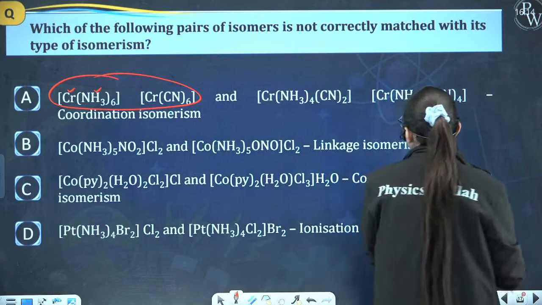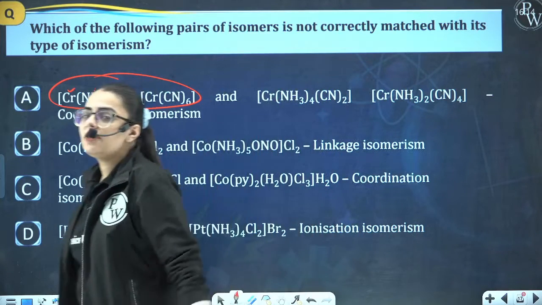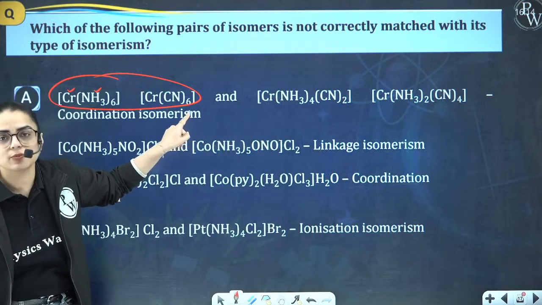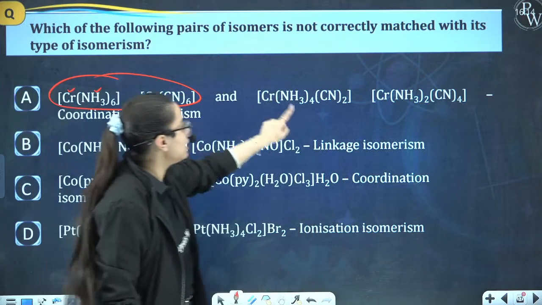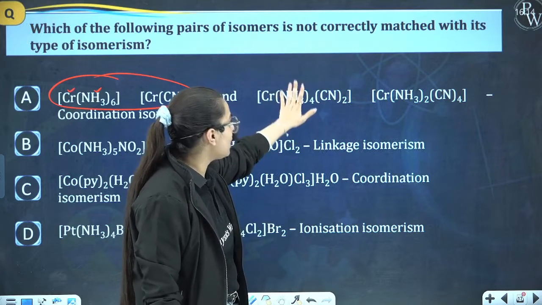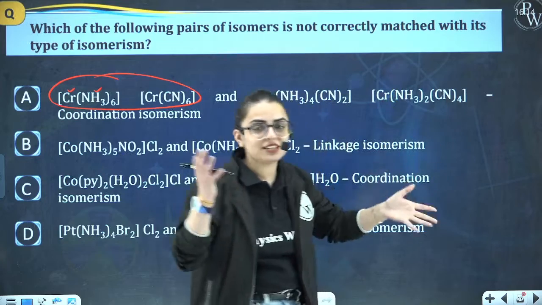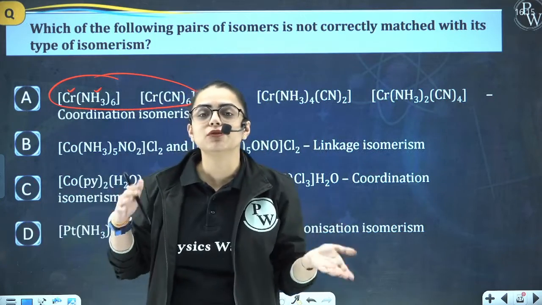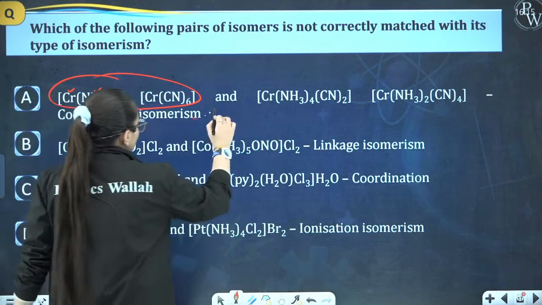Kindly do this fast. Let us see what is going to happen. In the very first case, coordination isomerism. Here you have to see the coordination number is 6. There is only one ligand present, but over here are 4 ammonia and 2 cyanide, and 2 ammonia and 4 cyanide. So basically what is happening over here, the number of ligands are being changed. Yes, so they are referred to as coordination isomerism. It is a correct statement.